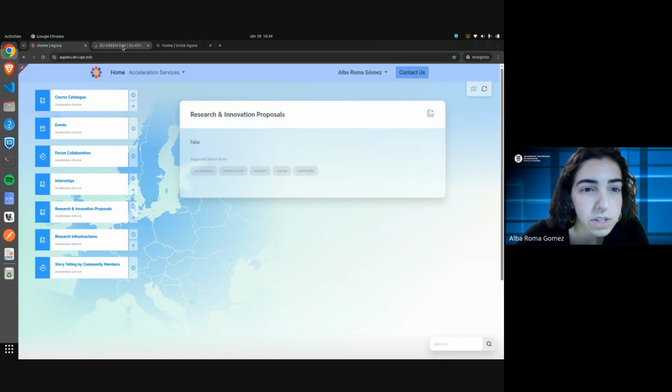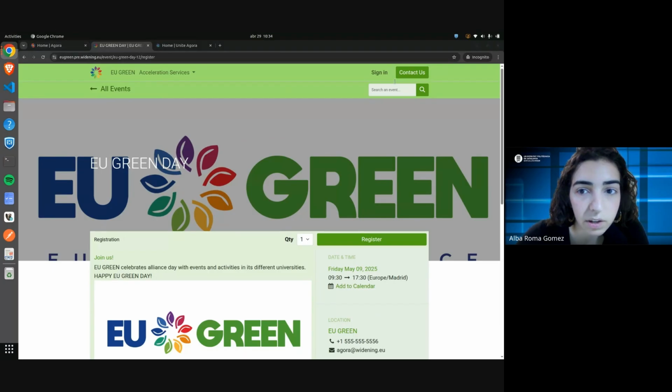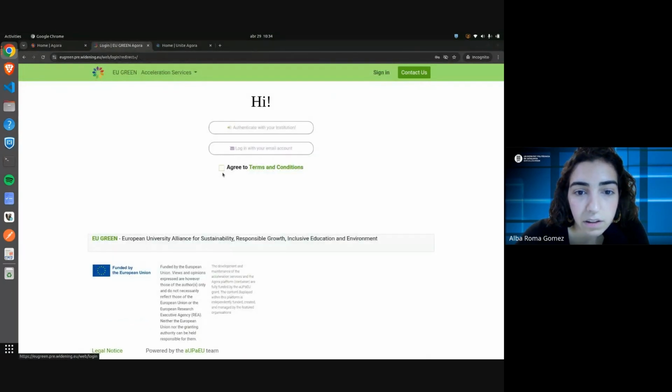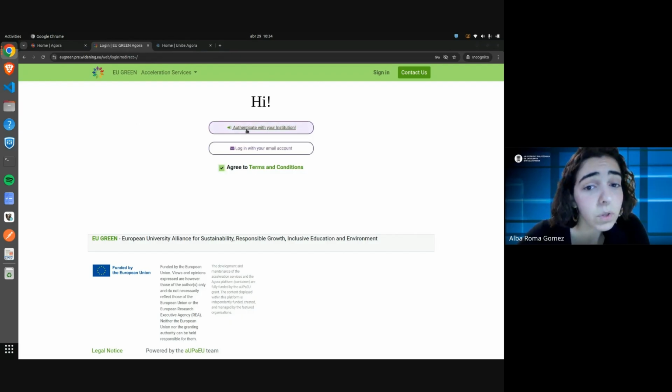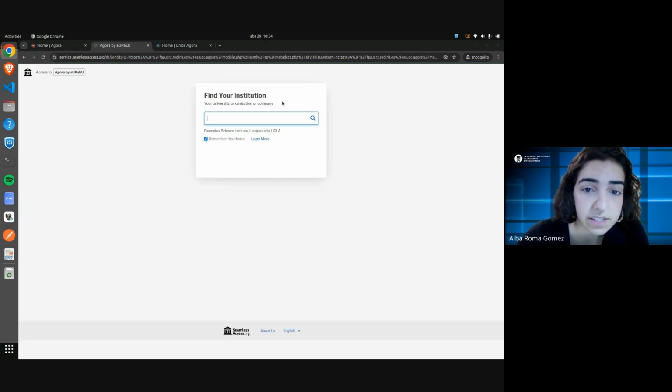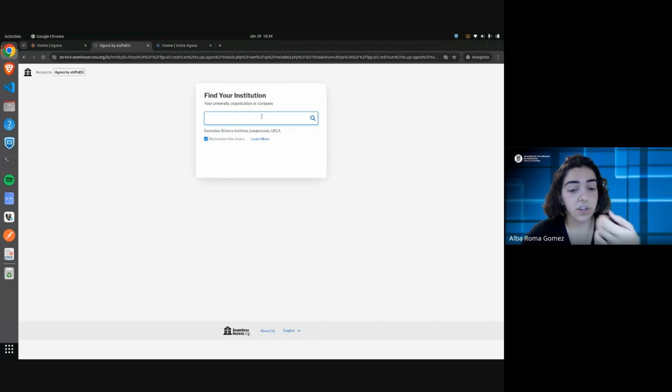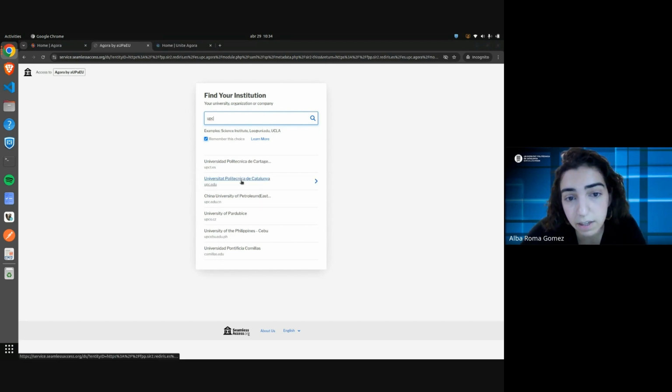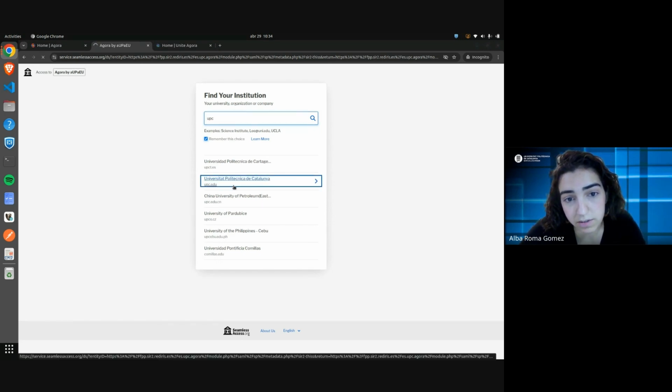All right. So now, just to show you the login with EduGain, so that you know how it's done whenever you have to log in, because now I logged in with the email and password, and I want to show you here. When you log in using the institution method, here you can find this search. It pops up here, and you can look for your university. In this case I'm from UPC, so if I look for UPC, see, the Universidad Politécnica de Catalunya,